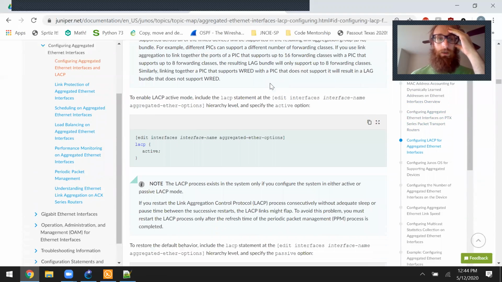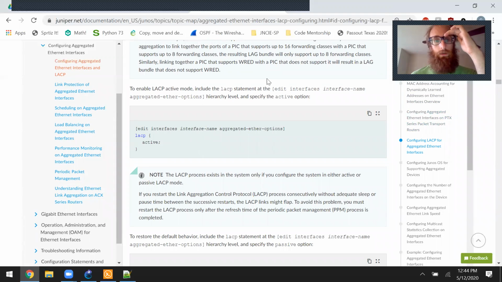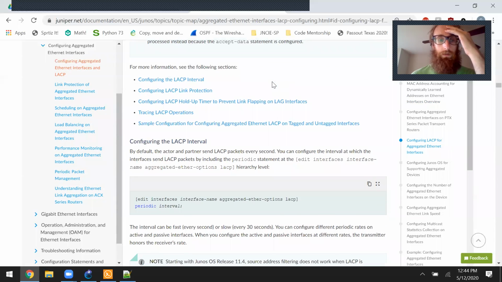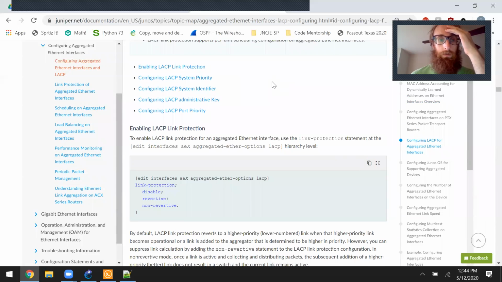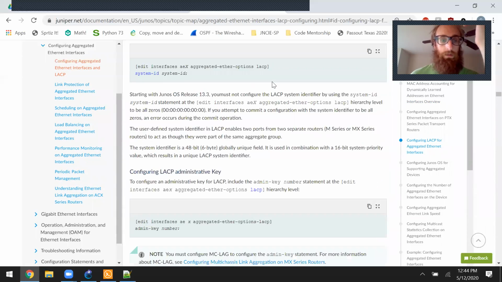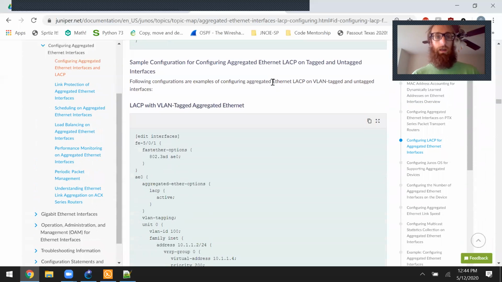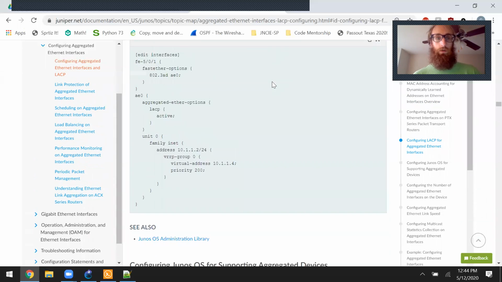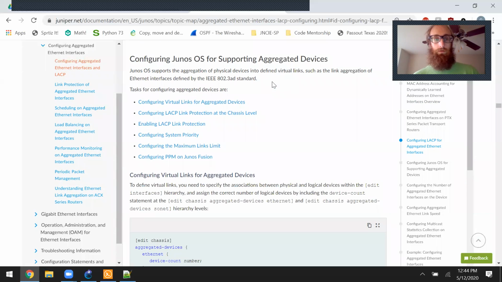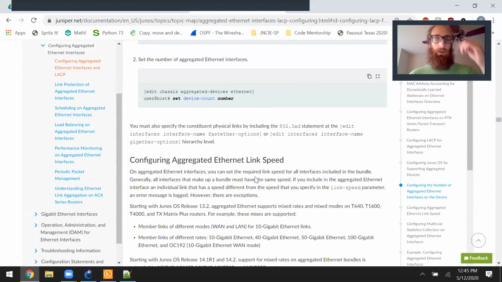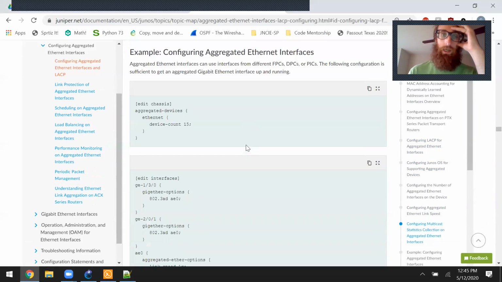So let's take a look at the configurations. We've got a lot of different kinds. We've got active and we've got passive. And we can set the interval. But hopefully they're going to give us an explanation about whether you need to configure one side active and one side passive, or both sides active. So hopefully they'll give us a point-to-point topology. Nope, so it looks like we don't get anything like that. So we do have an example here, but